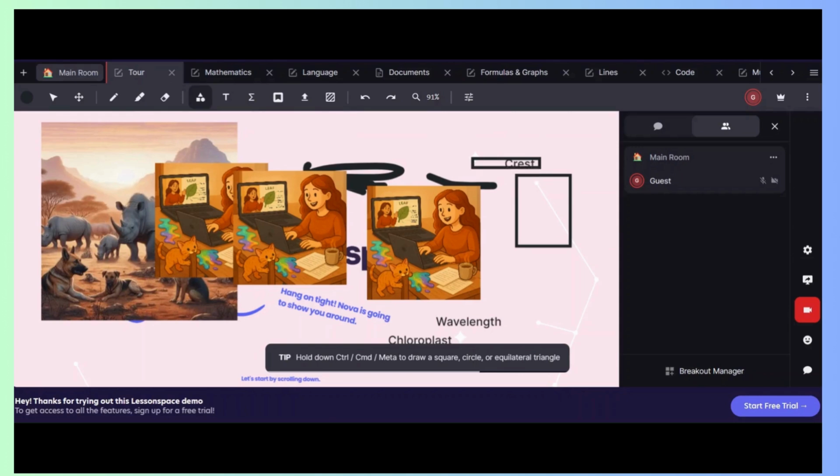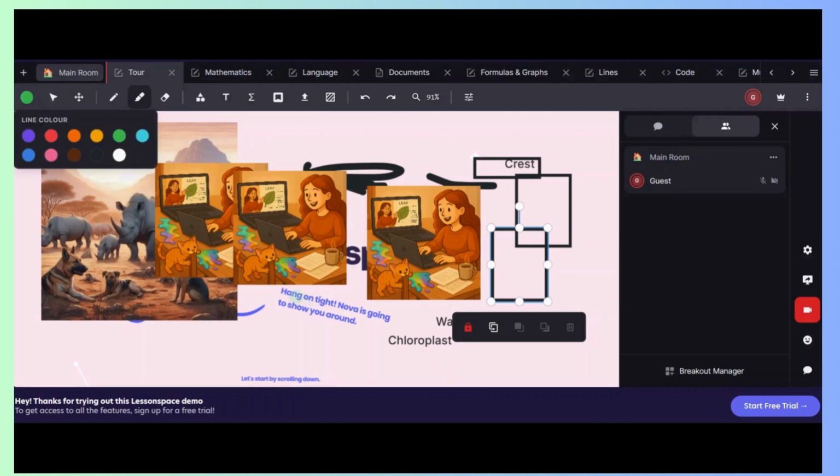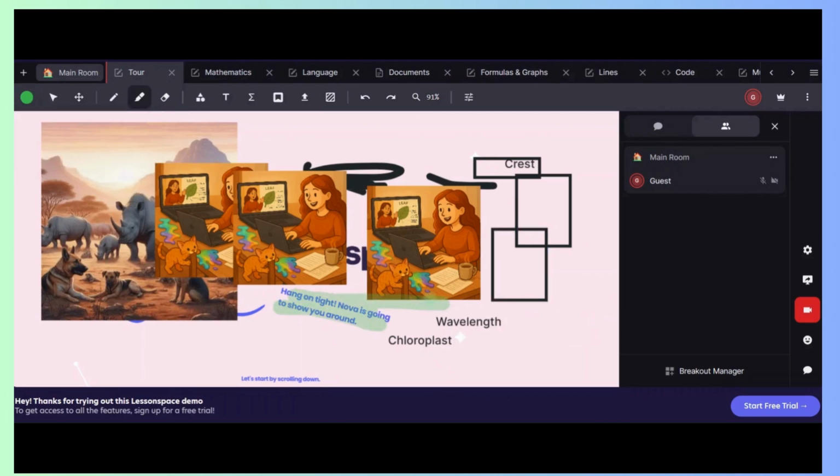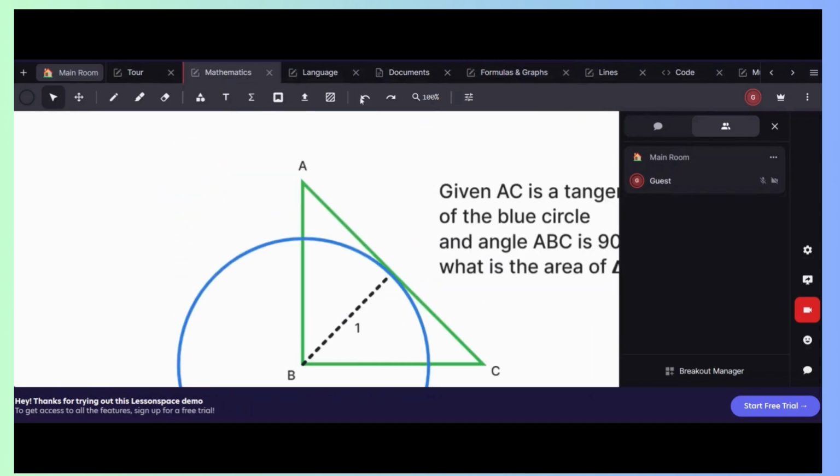If you want to use a shape, the same applies as with a picture. You can just click it. I can duplicate it. There's another shape picture that you can upload. You can lock it, then they can't change it. Then you also have a highlighter tool where you can use different colors. Then you can highlight it. You have also your equation tool if you want to teach maths. So I've seen very cool stuff on Lesson Space that I actually do like.